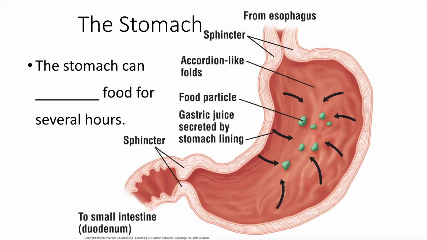After the esophagus, the next step is the stomach. The stomach is probably one of the most misunderstood of all of the structures of the digestive system. The stomach is primarily a place of mechanical digestion. It can also store food for several hours. The acid is there to start a physical process of breaking down the food, and there will be a little bit of chemical digestion, but it's mostly a site of mechanical digestion. Also, one of the big functions of the stomach is to store food without spoilage or without bacteria growing.